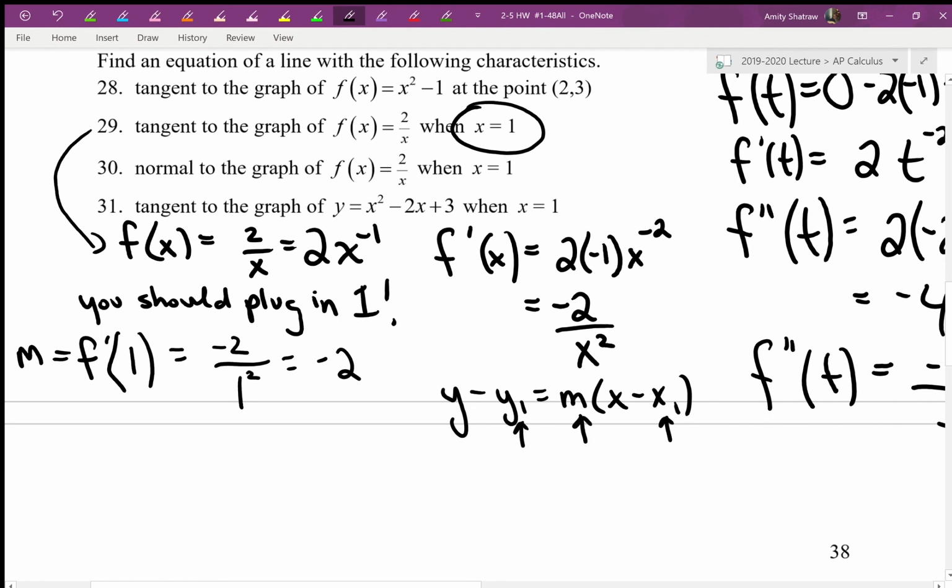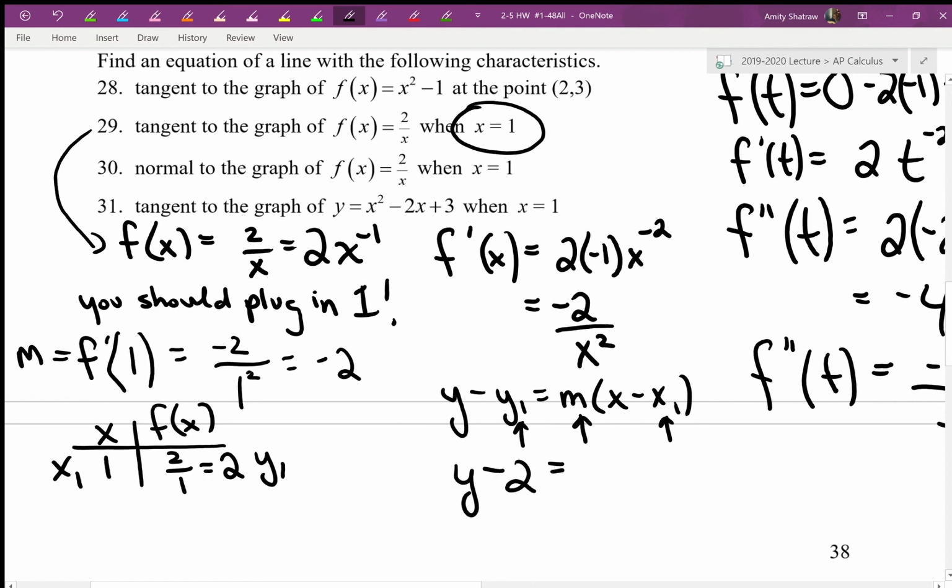I don't know that. So if you want to, you could draw a little t-chart and say to yourself, hey, if I have this function f of x where I'm plugging in what happens when x is 1, you can just do it like this. 2 over 1 ends up being 2. So that is my x sub 1 and this is my y sub 1. And now I should be able to finish the whole equation. y minus 2 equals negative 2 was my slope, and x minus 1